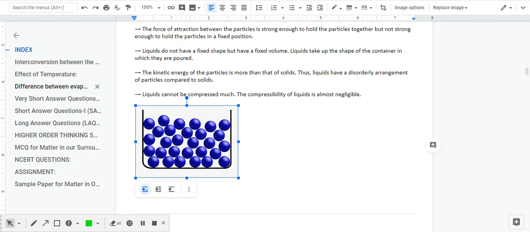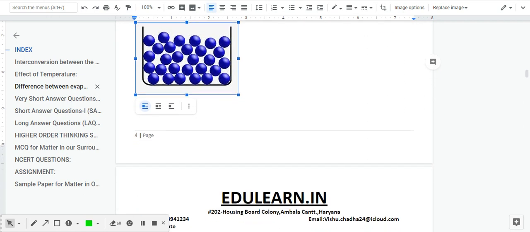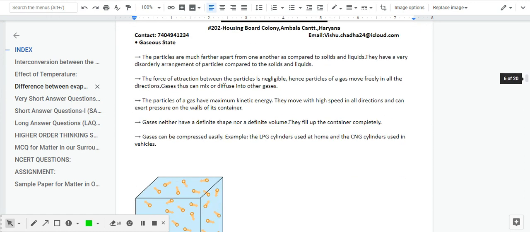So liquids cannot be compressed much. They can be compressible, but you cannot compress them to a higher extent. If you do that under certain temperature or pressure conditions, then it will get converted into solid state, right? So coming to the next point,